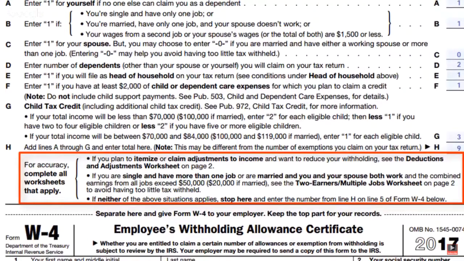If you are single and have more than one job, or are married and you and your spouse both work, and the combined earnings from all jobs exceed $50,000 ($20,000 if married), see the Two-Earners/Multiple Jobs Worksheet on page 2 to avoid having too little tax withheld. If neither of the above situations applies, stop here and enter the number from line H on line 5 of